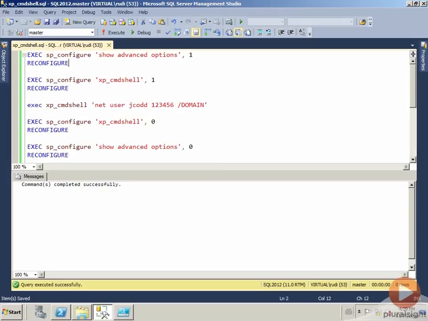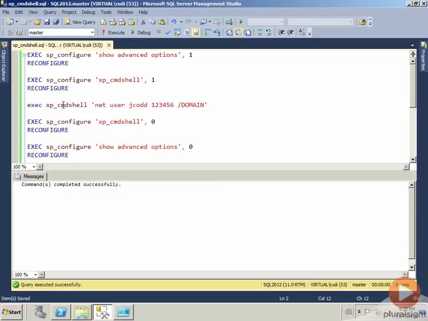Here, I am connected to SQL Server with a login that is a member of the sysadmin fixed server role. It's Rudy inside the virtual domain. It means if I'm a member of sysadmin, I am granted the CONTROL SERVER permission, and I can do anything inside SQL Server. There is an old extended stored procedure named xp_cmdshell that allows executing commands on the underlying operating